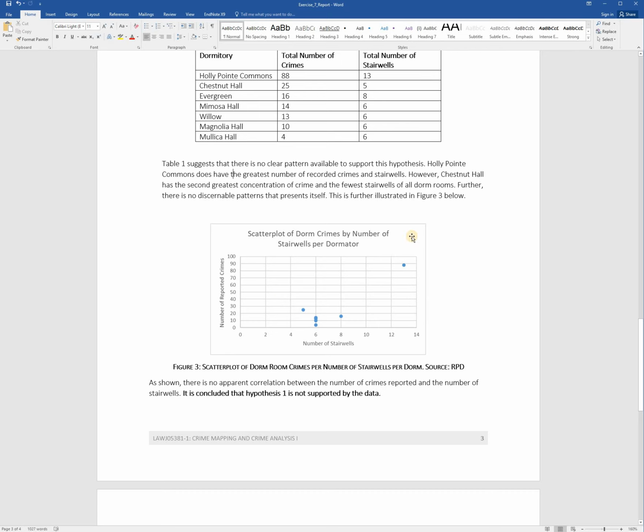But we're not seeing that here. We're not seeing any clear pattern really. And so I very succinctly conclude that this hypothesis is not supported by the data. As shown in this scatter plot, there is no correlation between the number of crimes reported and the number of